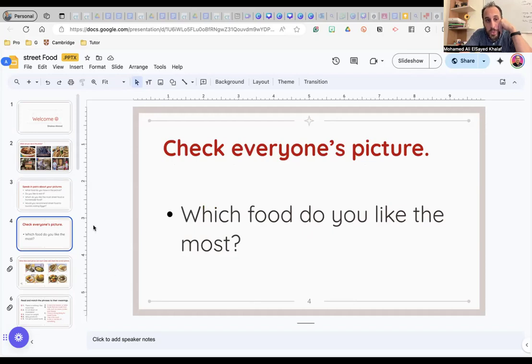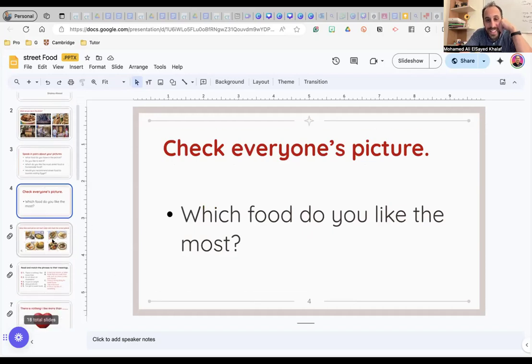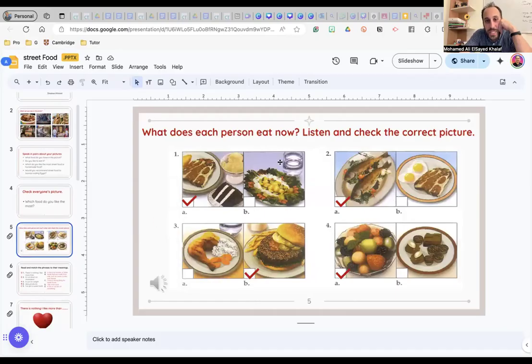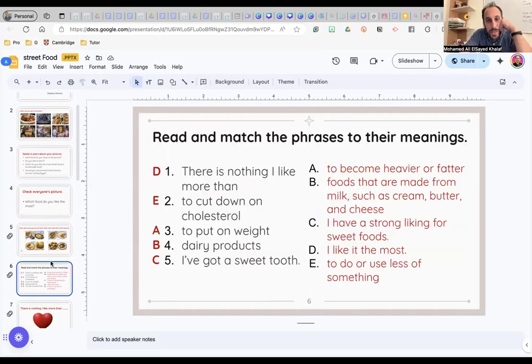Which food do you like most? See? What does each person eat now? That's the listening task. She adds the audio to read and match the phrases.